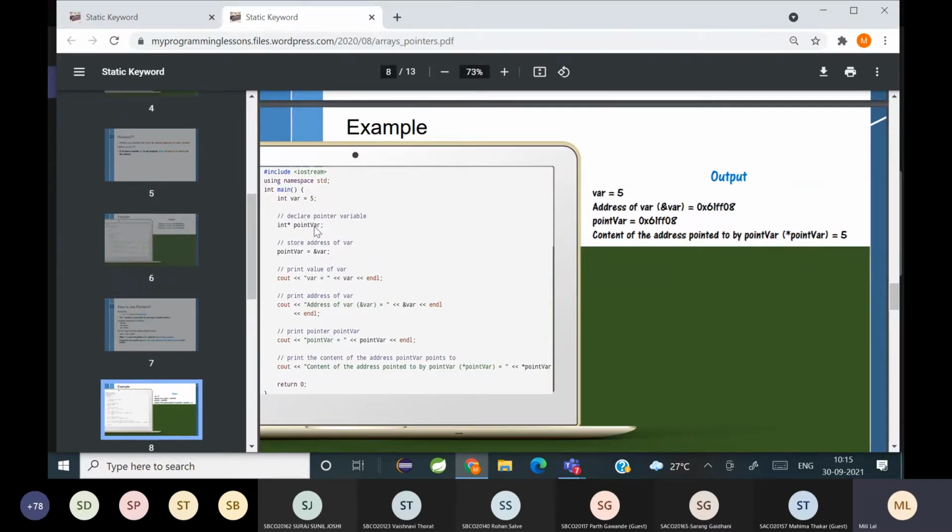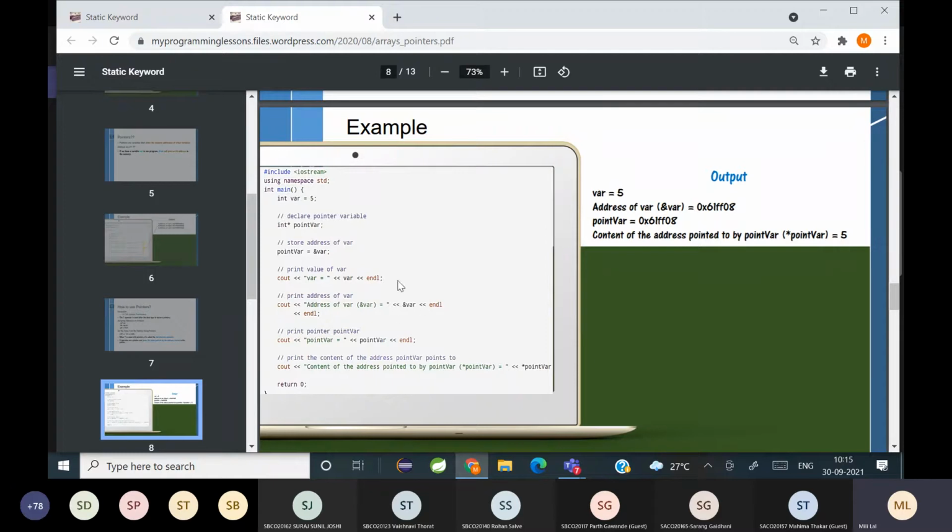An int star pointer variable is declared. Pointer variable is equal to the address of the variable. So when I do cout variable, what will be printed? 5. Now when I say ampersand var, what will be printed?